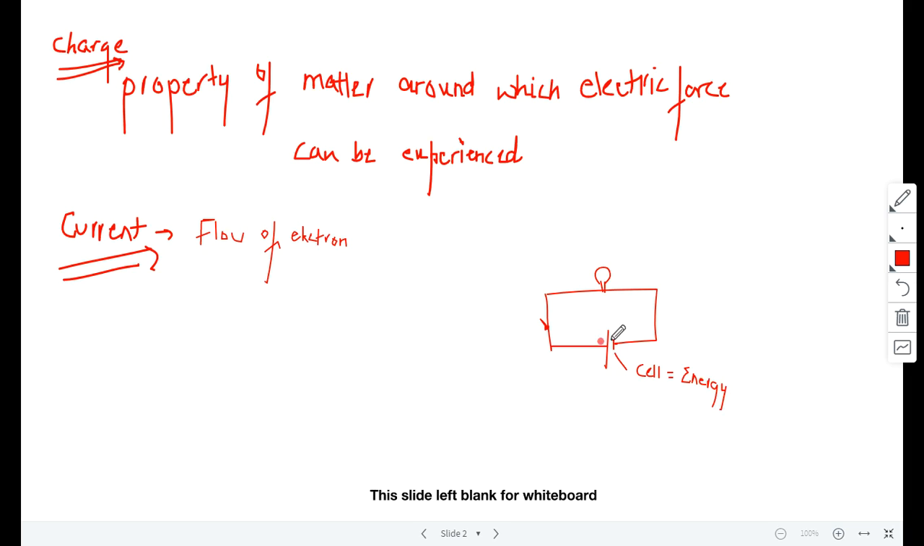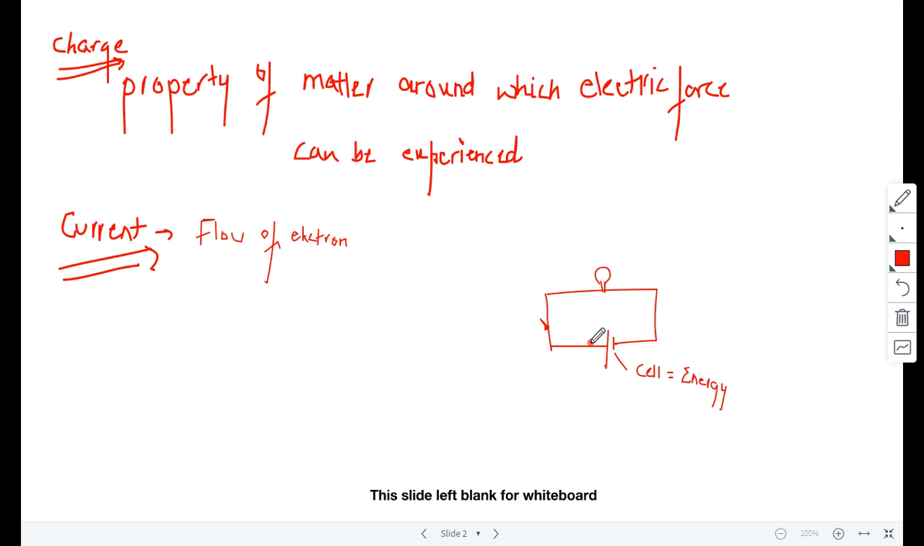That energy is provided to the copper wire or any conducting wire that we are using in the circuit, and then the electrons start to flow. Because of that energy, they start to flow, and this flow is then known as what? Current. Flow of electrons is